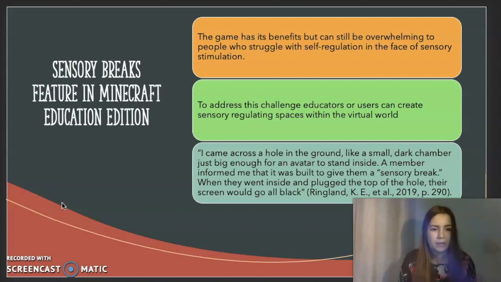And also, again, we don't want to ostracize our students. It gives them this break when they're interacting with their world and interacting with their classmates in a virtual world without making it apparent that they need a sensory break, without having to physically, maybe, step out of the classroom, whatever it is. So this is just one example of how it can further support students on the spectrum.